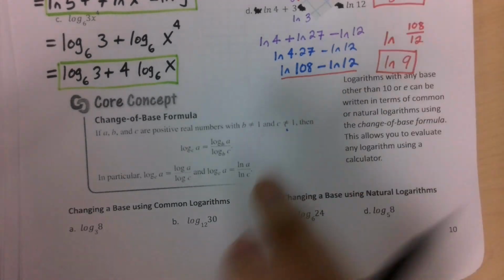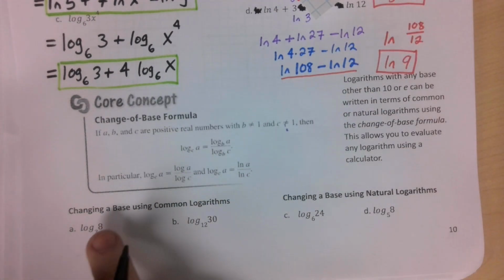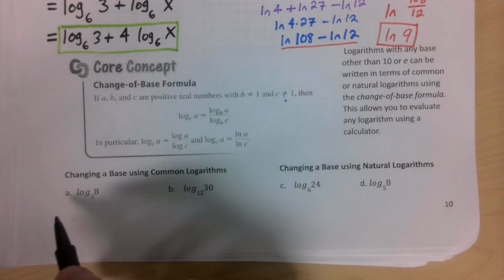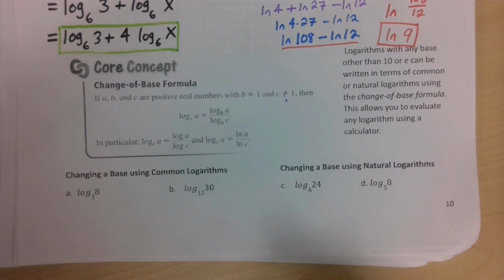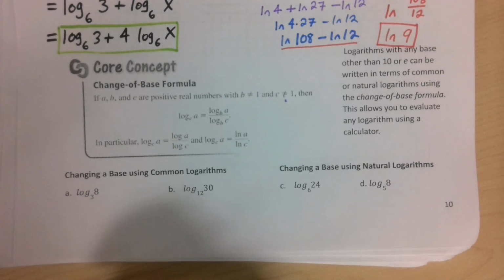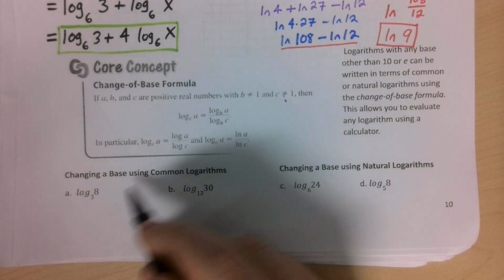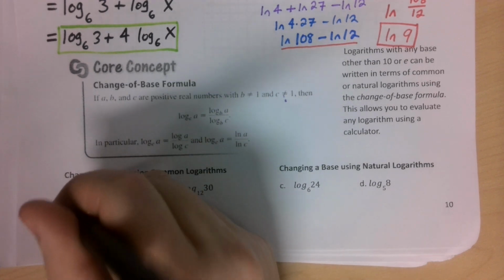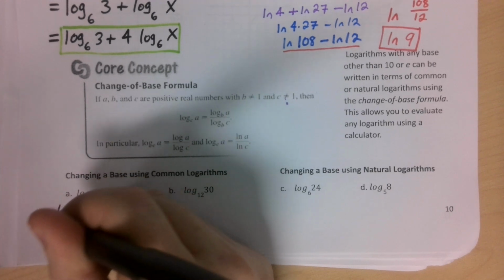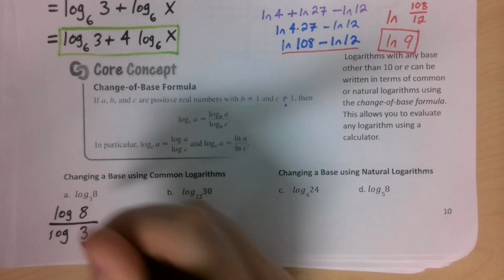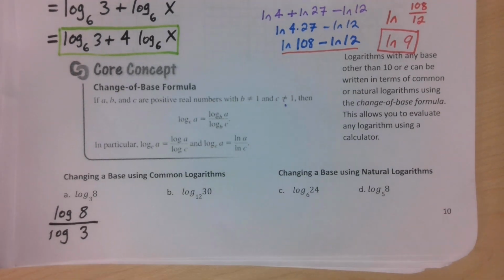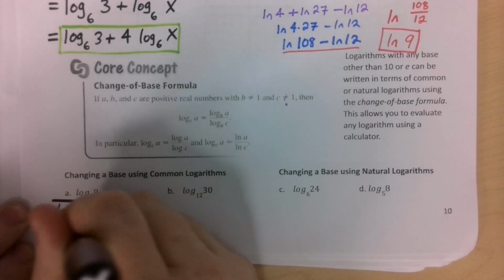What we are going to ask you to do is to use this change of base formula to change into a common logarithm. As a reminder, common log is when you don't have a base, you just assume the base is 10, and to transform these using natural logarithms. I'll show you the first one, and I'll see if you can do the others on your own. So, to change this into common logarithms, all we need to do is split it up. We have our argument on top, we have our base on the bottom, and since we want the base to be 10, we don't put it there, we just leave it. Our answer is just log of 8